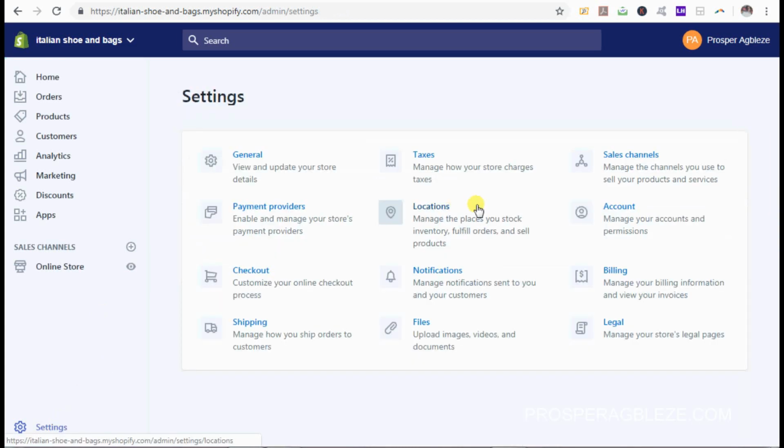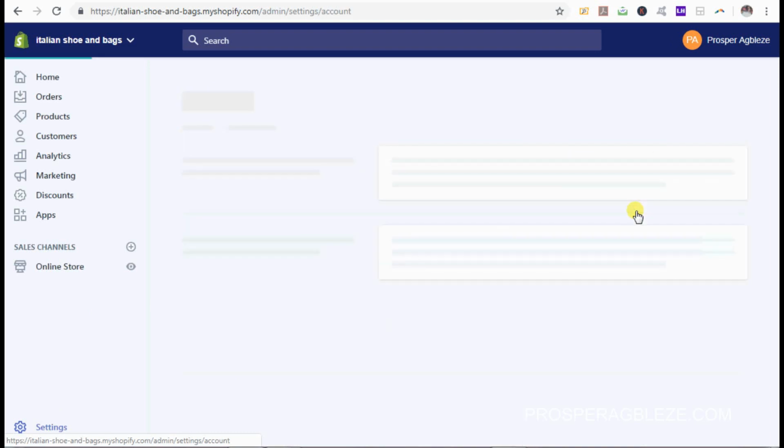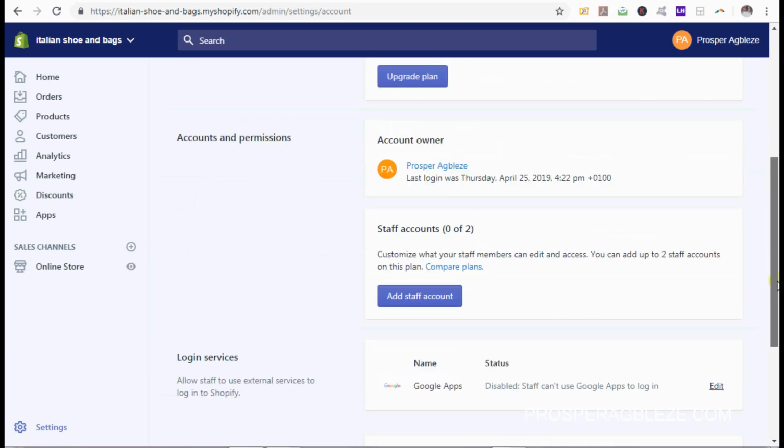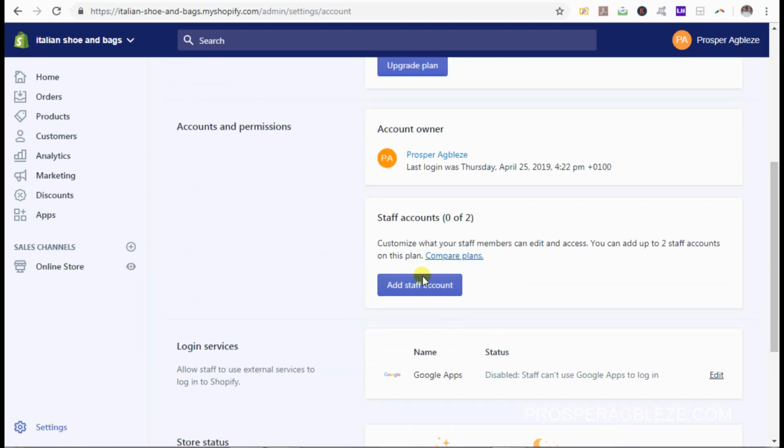So under settings, account. So once you get to your account page, so this is it here. You can add staff accounts. For this particular plan, you can only add two staff accounts. So once you click on add staff accounts,